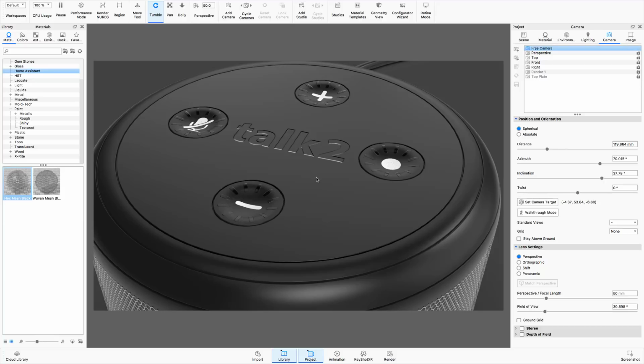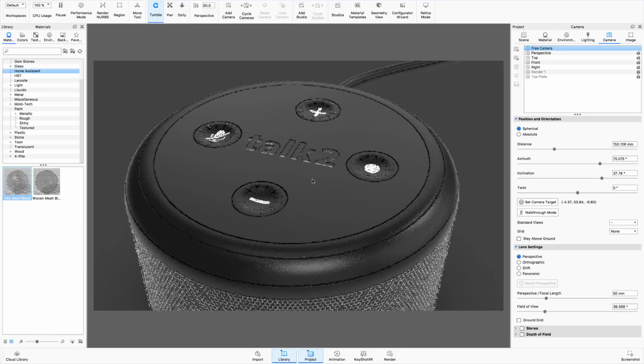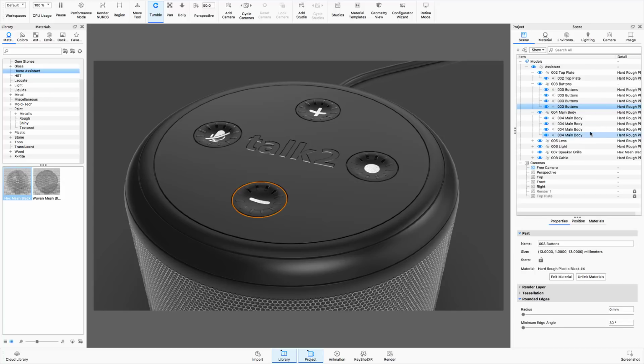Now one of the last things I need to do is just to look at the illuminated ring that sits underneath here. One of the things about an emissive material in KeyShot is that there is no ability to add a glossiness level to that, and so what we have here is actually 2 materials that we're going to use. We've got a lens surface, and then underneath that we're going to have the emissive material. So if I go to the scene,